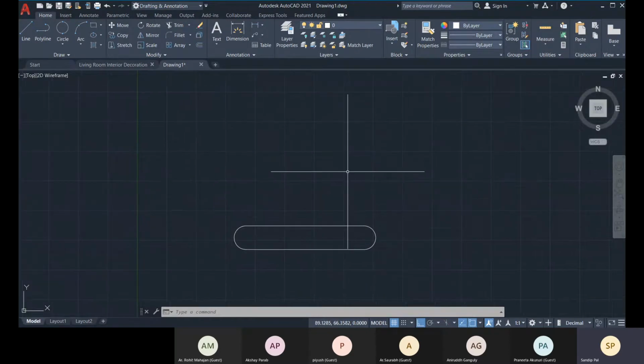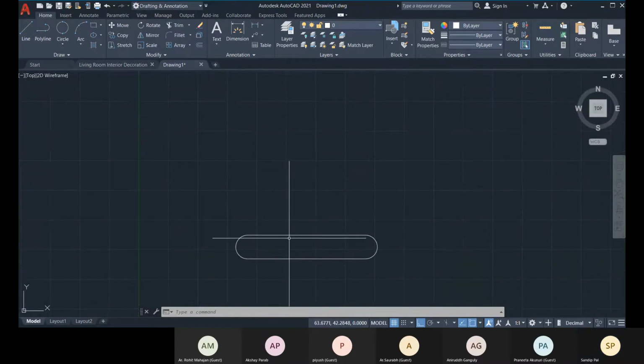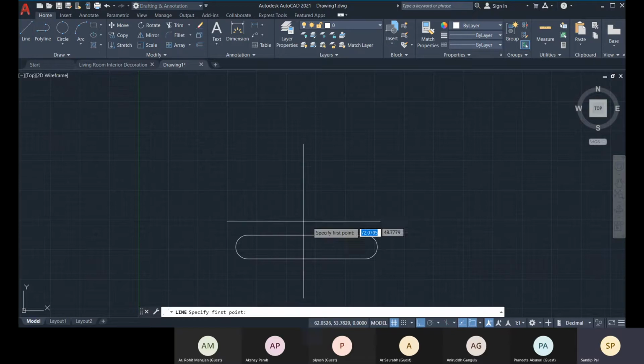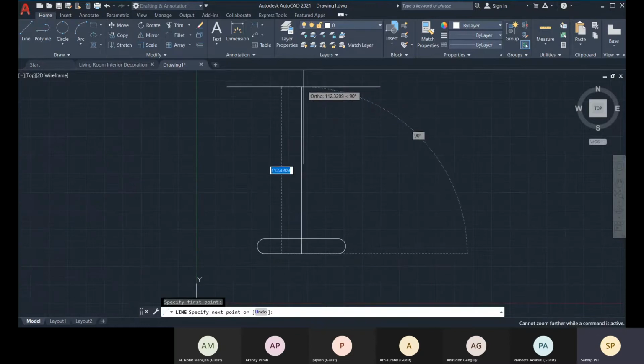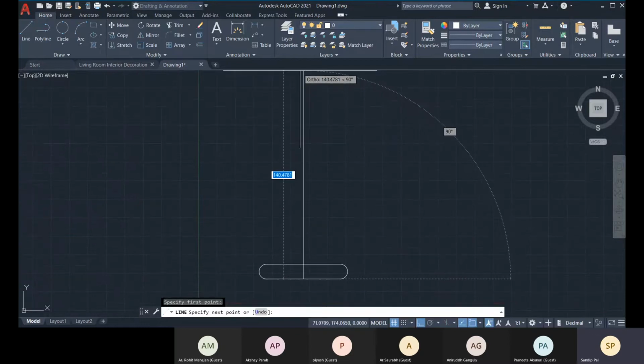Okay. Now let's create another line that will be the center vertical line. I can create it at any length, or up to the total length. So let me check what the total length is.